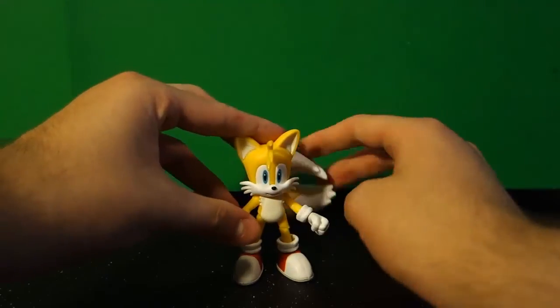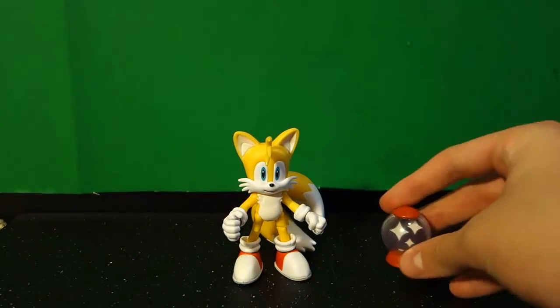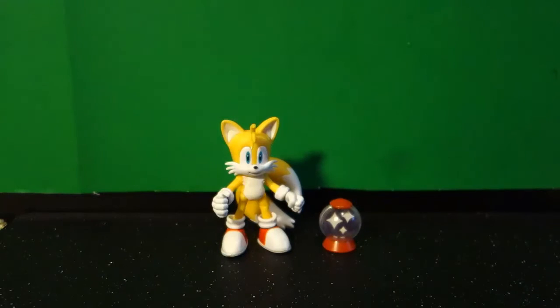So overall, this is a really good Tails figure. In conclusion, Tails is a really great figure. He's a nice display with your other Sonic figures. He scales with Sonic and all the other characters. He has a really fantastic sculpt and a pretty decent accessory. So overall, actually no, instead of just grading it myself, I'll just let this video tell you what grade I'm giving this. You get an A++++++